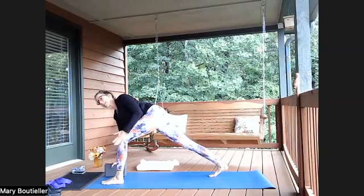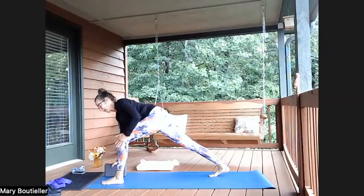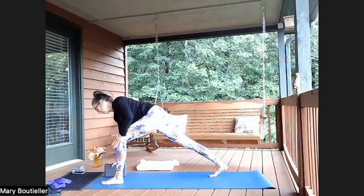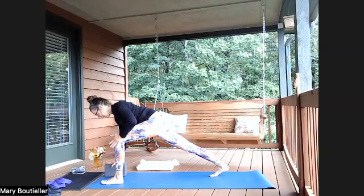And then take your left hand to the outer left knee and push your outer left knee into your hand without letting that knee go out to the side. Does anybody feel that? Yeah, right? That hip is going. Release that and just sink into your